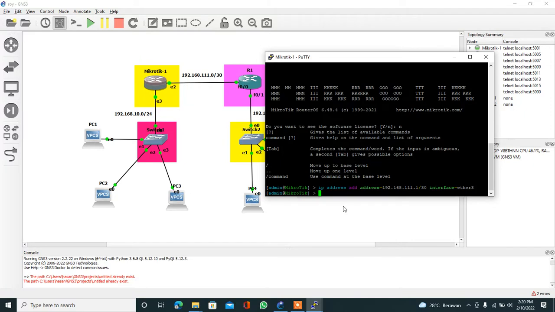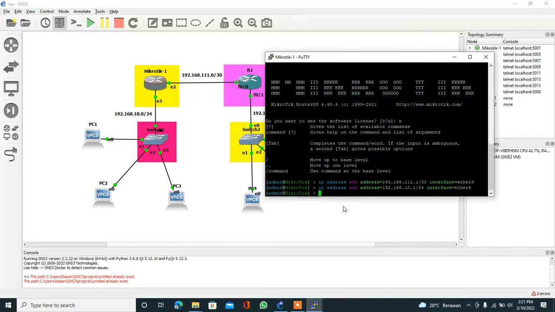And add IP for ether3: ip address add address=192.168.10.1/24 interface=ether4. Okay, finished.